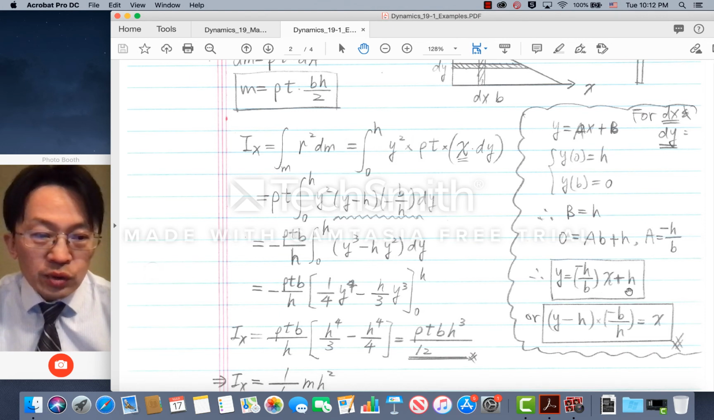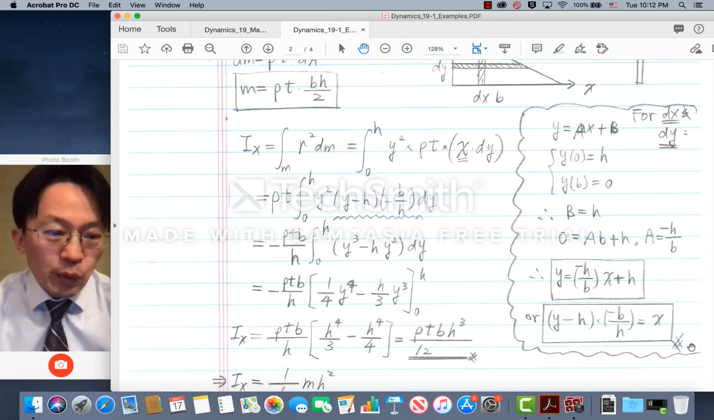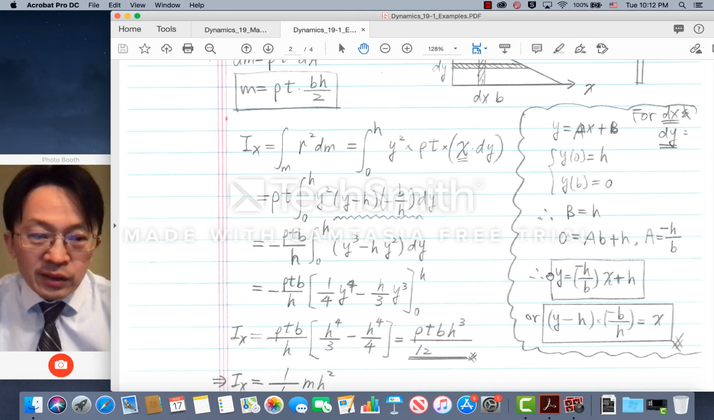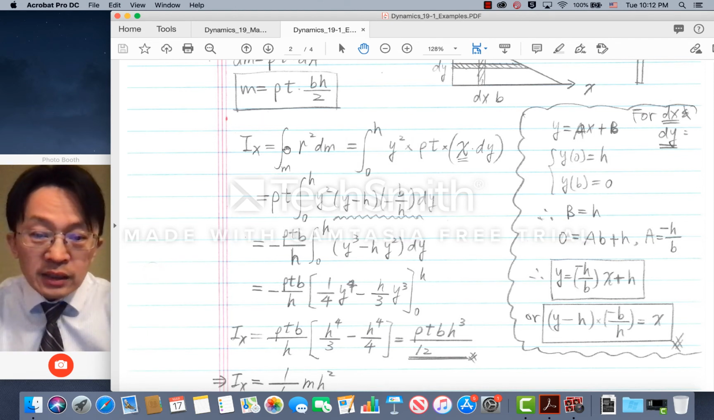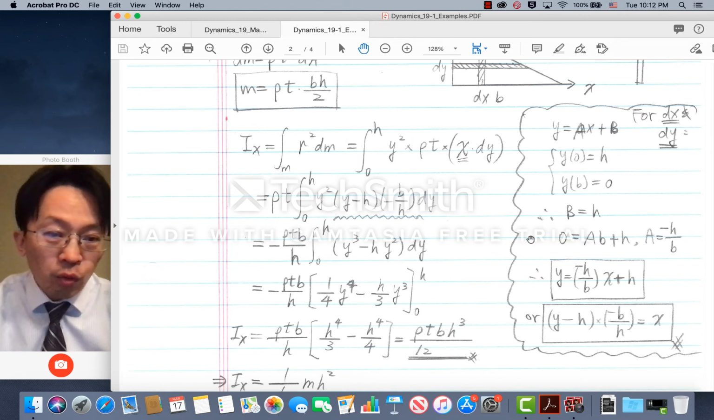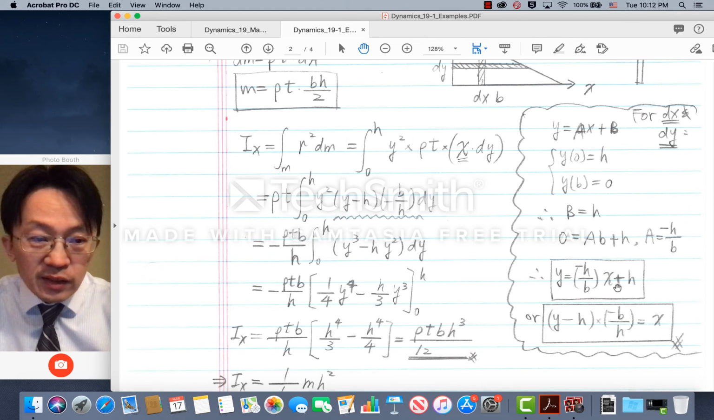And I'm pretty sure that you know how to do that. So once we know these two expressions, one is y in terms of x and the other is x in terms of y, we can use them for finding Ix and Iy. In this expression, because we use dy, we want to find out what is the expression of x in terms of y. Therefore, we will not use this expression in finding Ix, but rather we're going to use